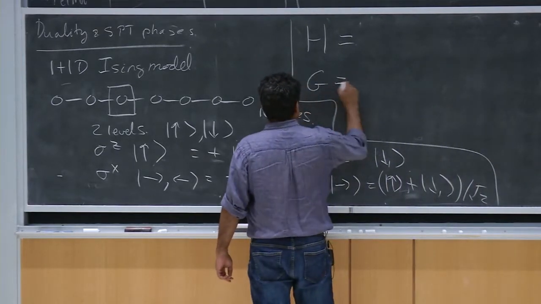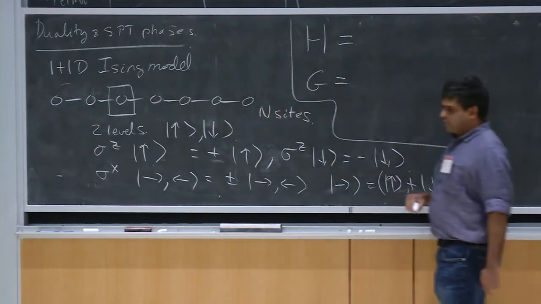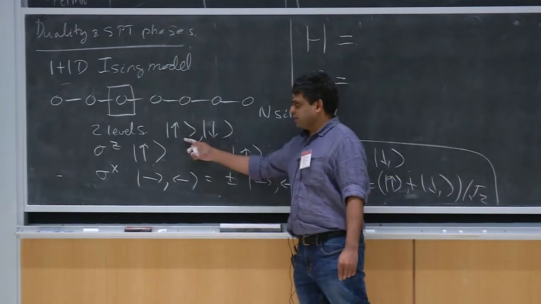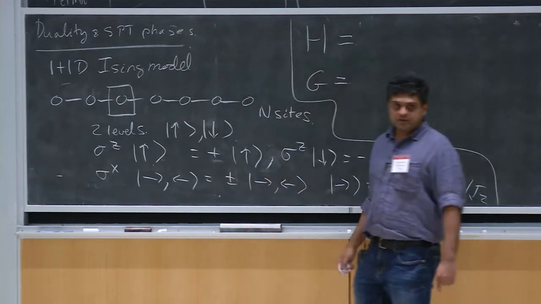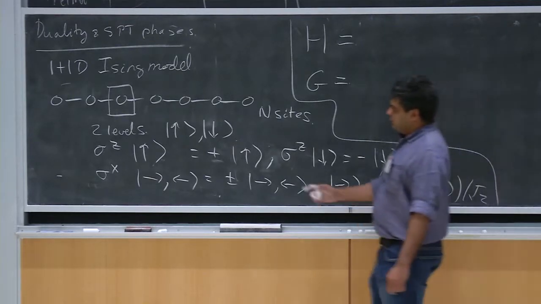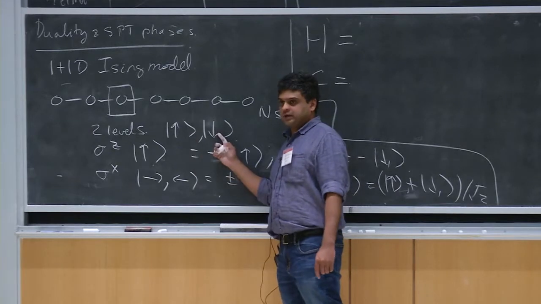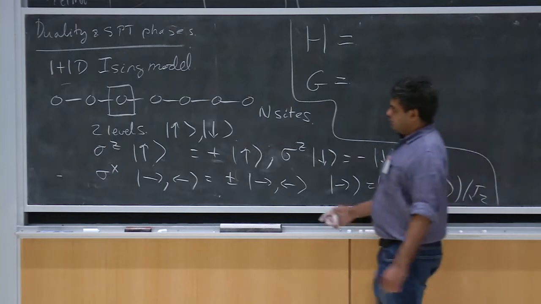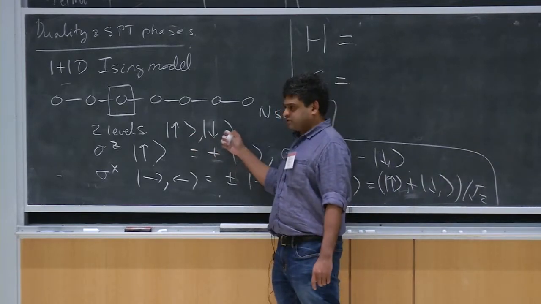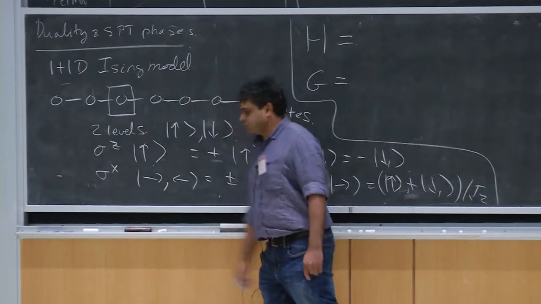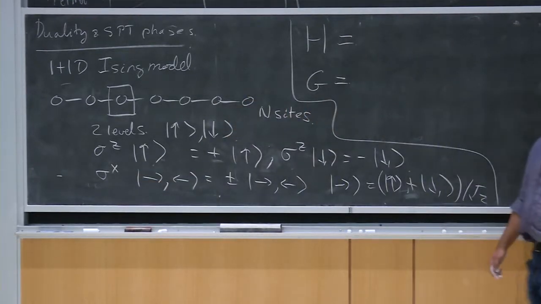So let me write down an operator that sort of physically imposes the symmetry that the up and the down states are sort of symmetric with one another. There should be no explicit distinction between the spins pointing up and the spins pointing down. And of course, for that you need an operator that will flip the spin. So it will take a state which is spin up and flip it to spin down. That implements the symmetry. And if you just from your knowledge of Pauli operators, sigma x, for example, does that.